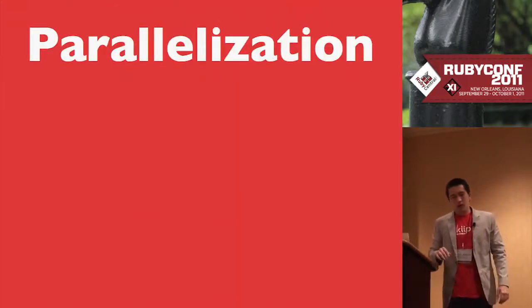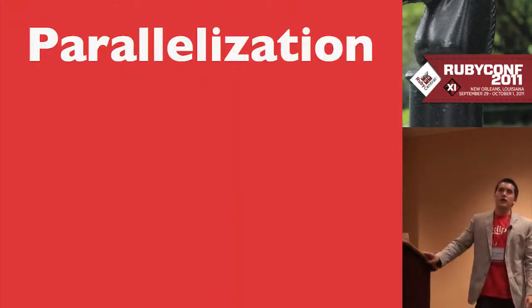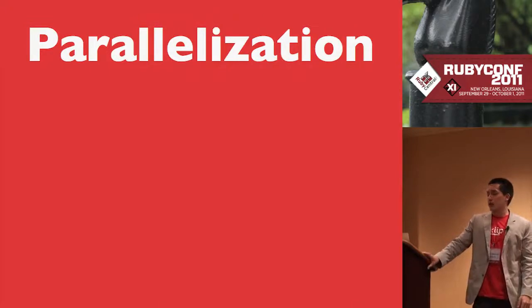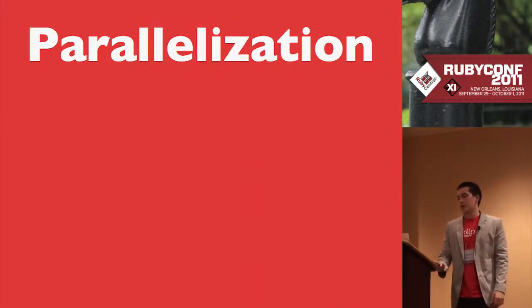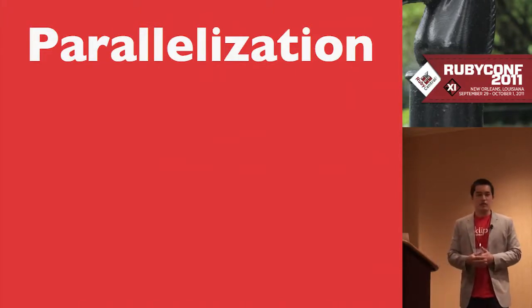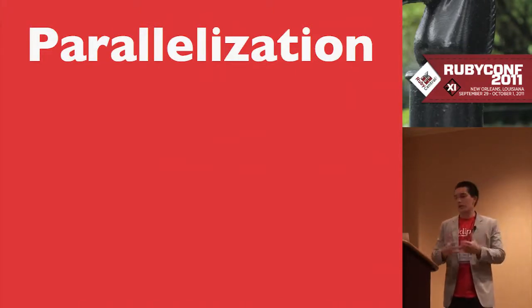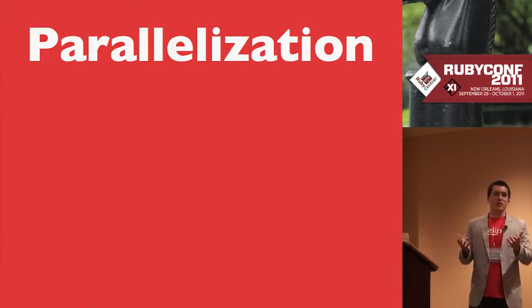So parallelization in Ruby, I never did it when I did Ruby full time, and I still do Ruby a lot for Vagrant every day. And it still seems that parallelization hasn't really caught on, and it's kind of a strange thing, because when I started using Python, every developer I talked to was like, what do you mean they don't? You just do it. You just turn it on and it just works. Like you don't have to do anything.